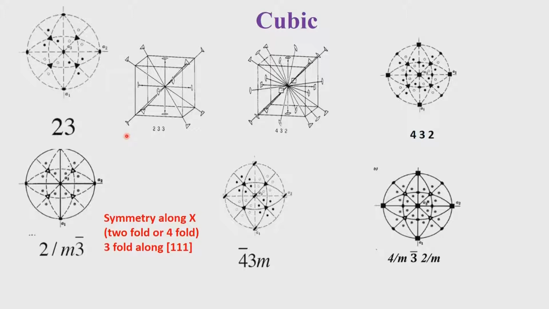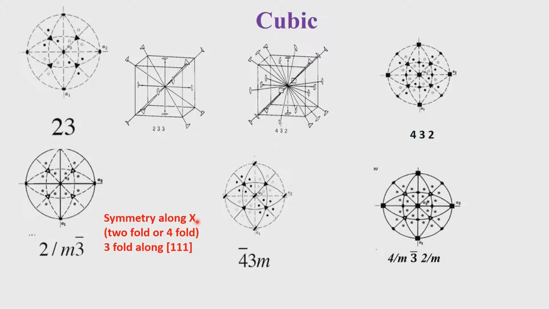So, the first one is again in the cubic system, the first representation is along the x axis or the a direction, because a, b and c are the same in a cubic system. We can call it a rectangular system because alpha, beta, gamma are also 90 degrees. So, we can use x and a interchangeably here. So, the 2-fold symmetry or the 4-fold symmetry in this particular case, the different point group symmetry. In both these cases, we use that as the symmetry identifier along the x direction.